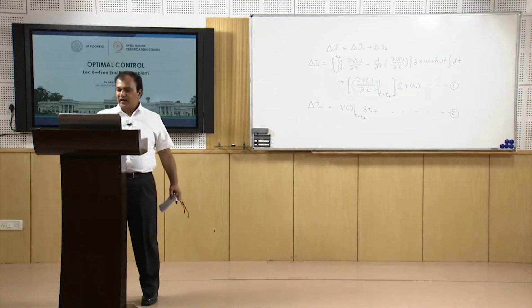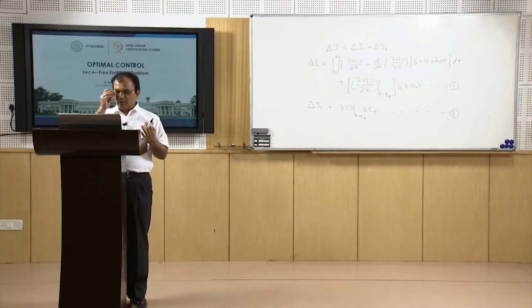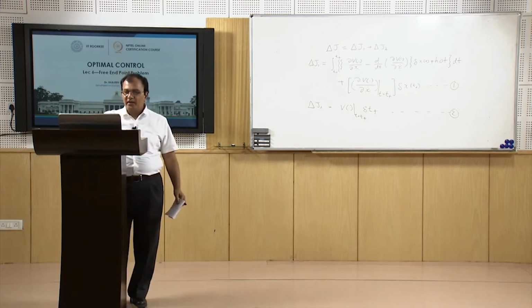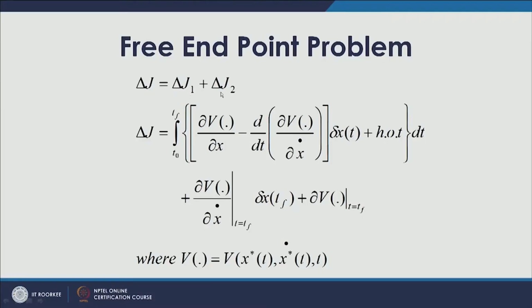So, we can see that my delta J is nothing but delta J1 plus delta J2, where J1 is T0 to Tf up to delta x of Tf, this is representing my J1 and this is representing my J2, where v dot here we can take as x star t, x dot star t and t. So, next, if we will see, this will have my boundary condition, one is variation in delta